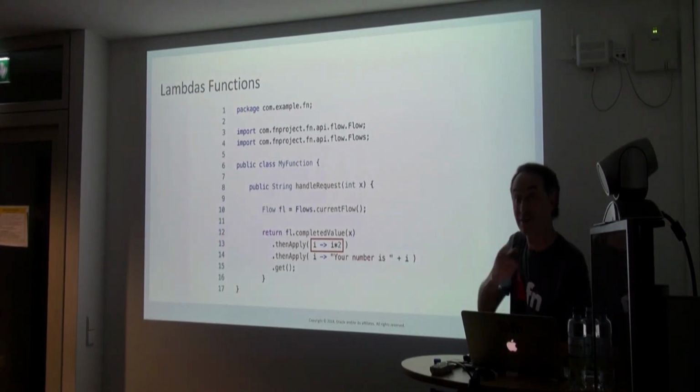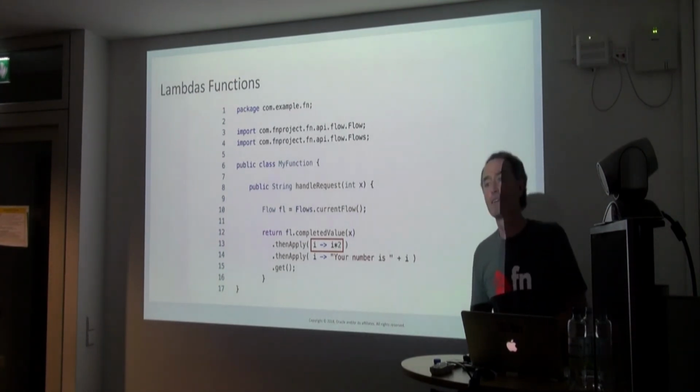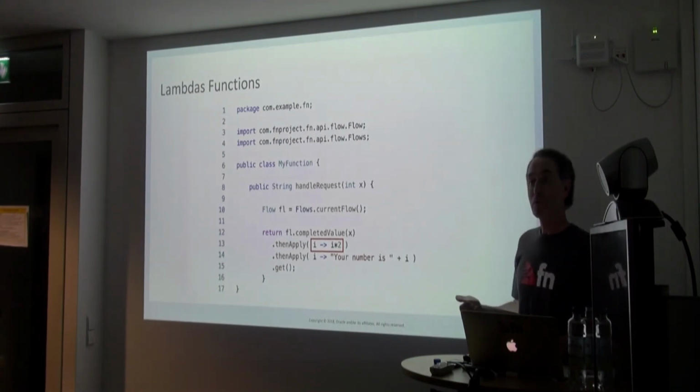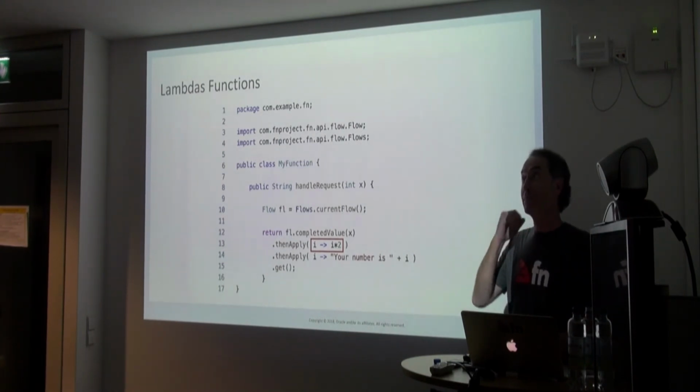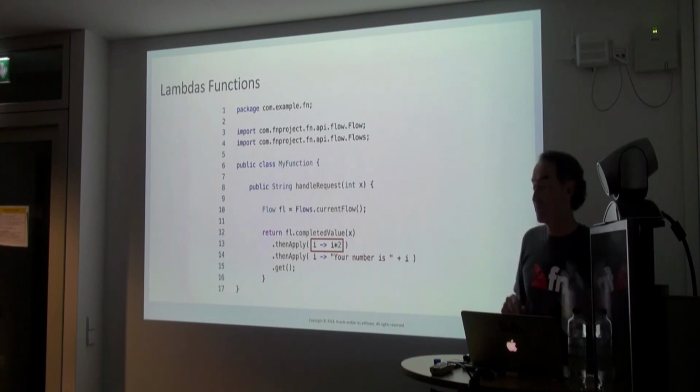Yes, sir. Sorry. Where are you actually sending that number to? Are you creating a new Docker container for that, or is there a generic Docker container that handles all the numbers? No, so